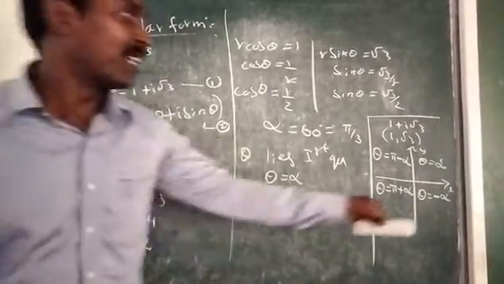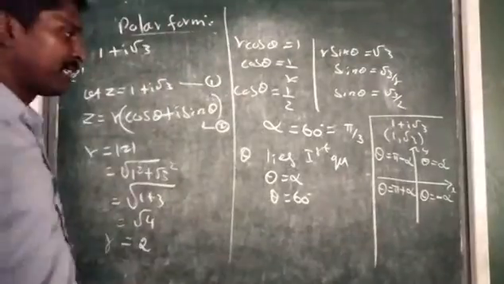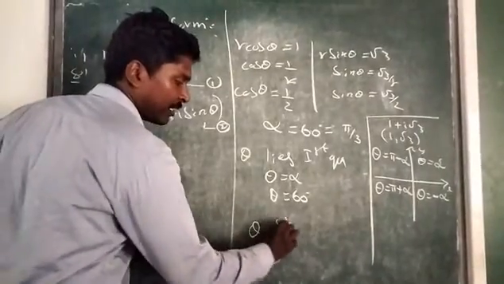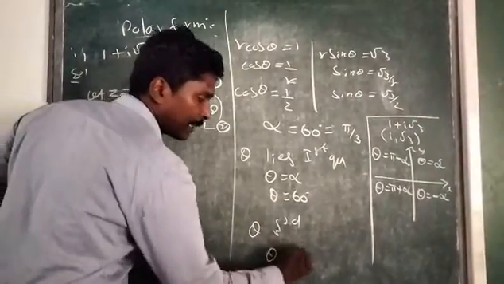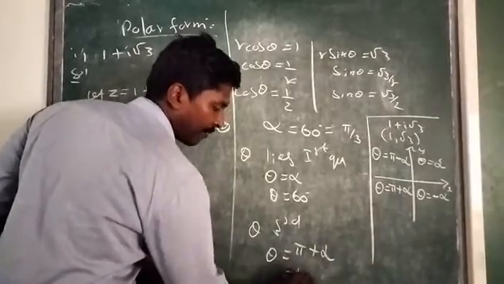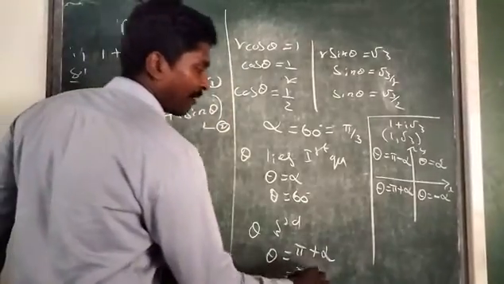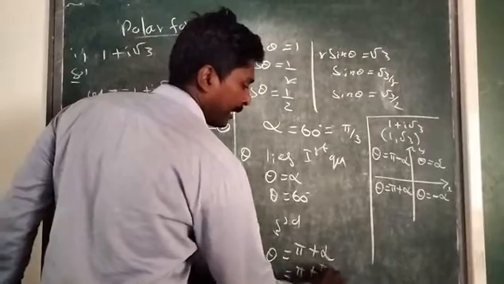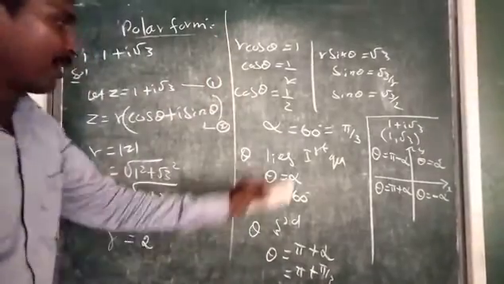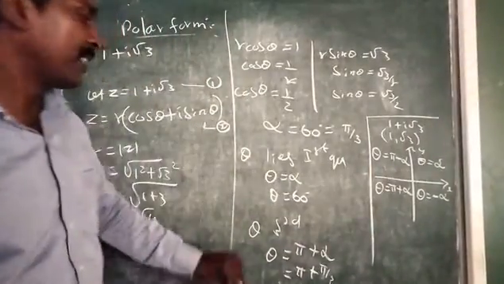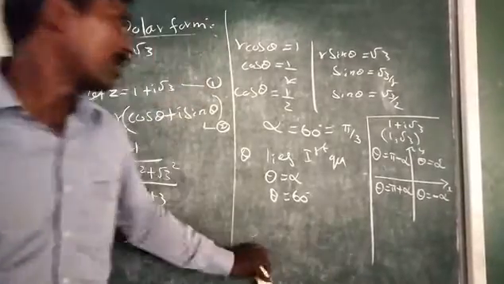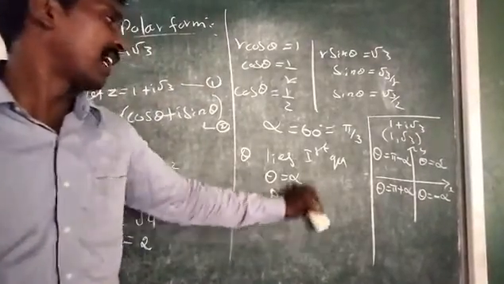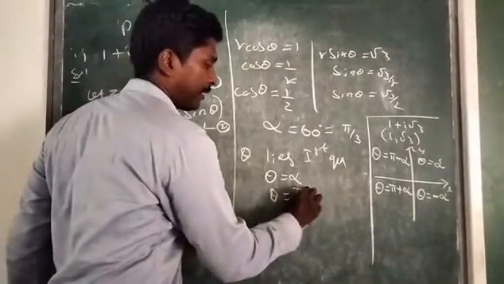Suppose theta lies in the fourth or third quadrant. If theta lies in the third quadrant, then you have to write theta equal to pi plus alpha, with the alpha value pi by 3 like that. So I give one more example with another quadrant. Now please come to the conclusion. So theta equal to alpha, then we have alpha equal to pi by 3.